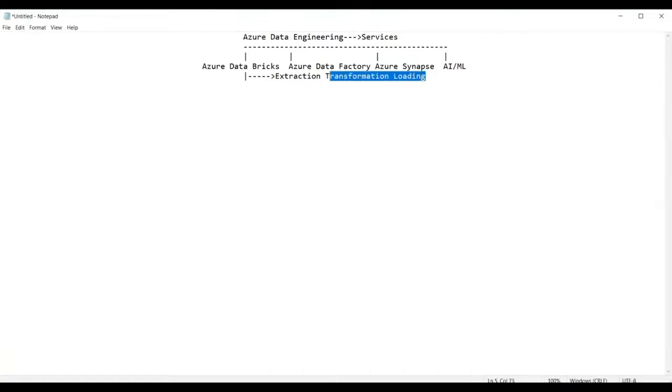Azure Databricks is a service provided by Microsoft within Azure Data Engineering for the purpose of extraction, transformation, and loading. What is this extraction, transformation, and loading? Let us try to understand this first.